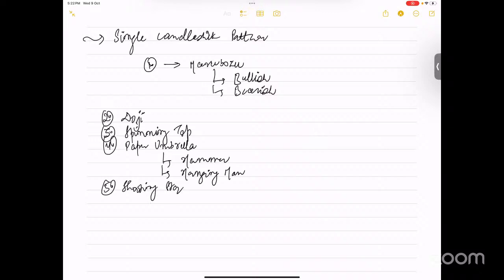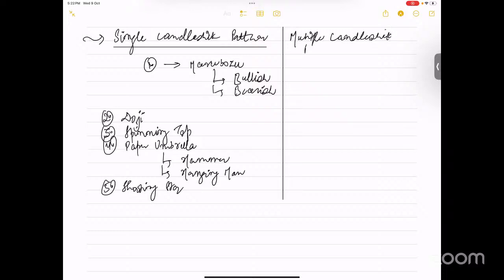Okay, so that's the shooting star. और मल्टीपल की अगर बात करें ये तो सिंगल कैंडलस्टिक पैटर्न हो गए. अगर हम बात करें ऑफ मल्टीपल कैंडलस्टिक पैटर्न तो इसके अंदर अलग अलग रहते हैं. So we'll talk about each one of them in detail. So multiple candlestick में there are others like first if we talk about it is engulfing